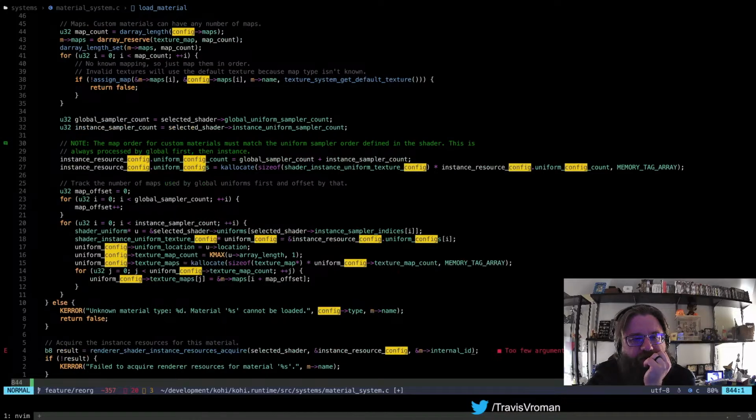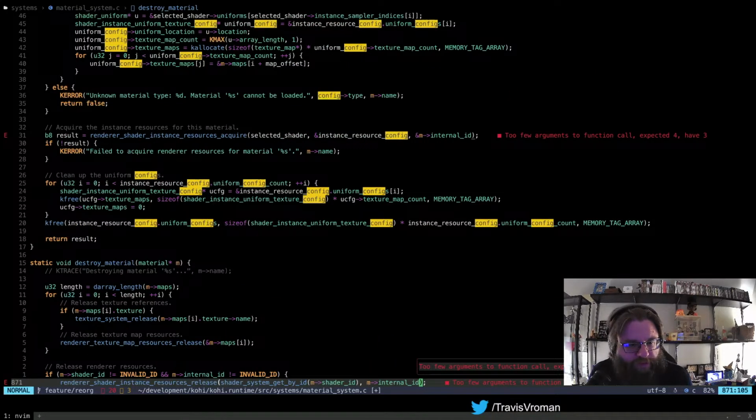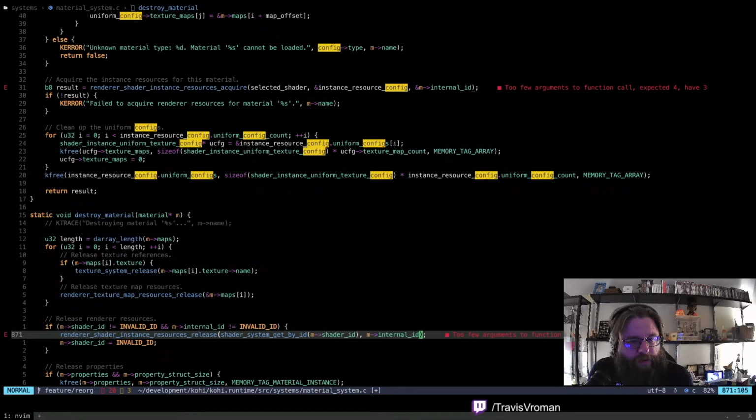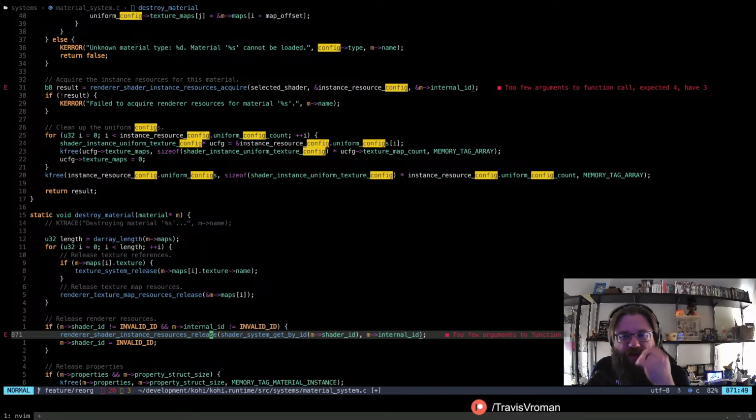Is that the only thing that it needs, though? What are some of the other things in here? Okay. Shader instance resources release. I think this one requires a pointer to the shader state, or the render system state. Yeah, okay.